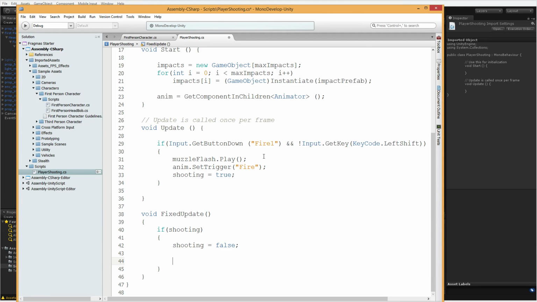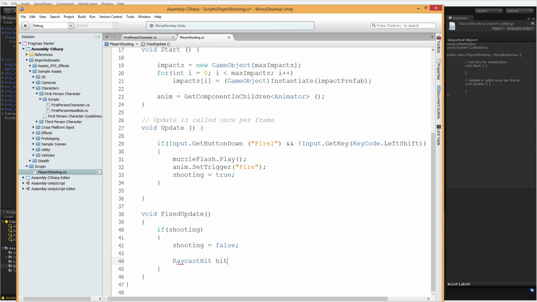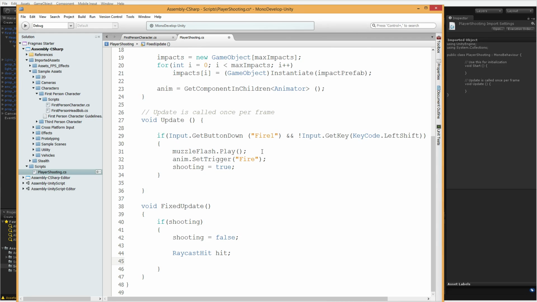All right, and so what I'm going to say is, first off, I need to figure out if I hit anything, what I hit. So I will need a raycast hit, all right, just like that. And now I'll need to actually do the raycast. So to do the raycast, we're not going to shoot from the gun. We're going to shoot from the center of the screen. So a lot of reasons for that, but basically it's going to mean that we always hit what we're aiming at instead of having a line cross over the center of our screen, which wouldn't really work all that well.